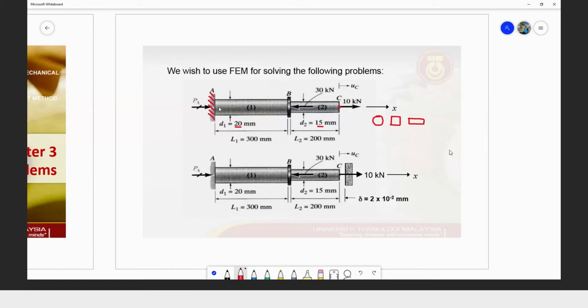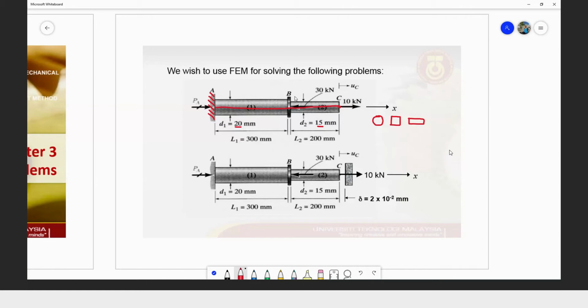Dia tak akan jadi macam gini. Kan? Betul. That means kalau dia ada pempanjangan, this bar ni dia akan elongate. Mungkin point C ni dia akan elongate sampai ke sini. Tapi kalau kita tengok dekat sini,